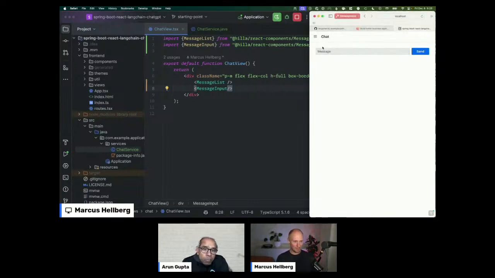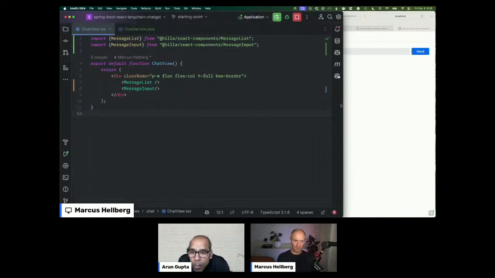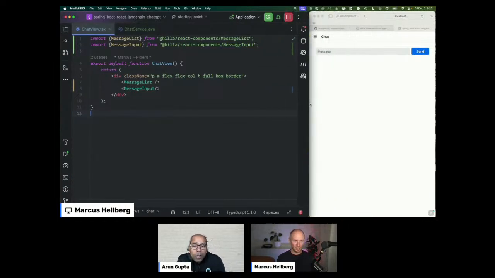So we can see that with those two lines, we already have it. I'm going to minify this a little bit so we can see everything. As soon as I type message input, the window updated here, saying okay, what is the message input? And the send button automatically came in. So the message input here is what we see there. You can see also that as we're changing the TypeScript code here and saving, that's getting automatically updated here in the browser more or less instantaneously. So it's really quick for us to see.